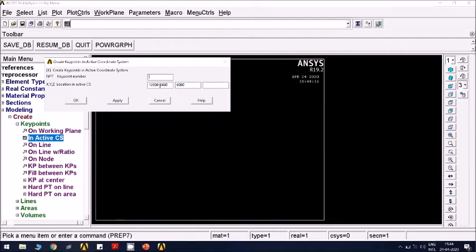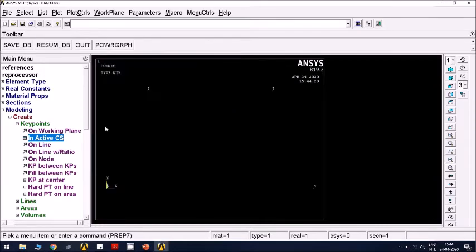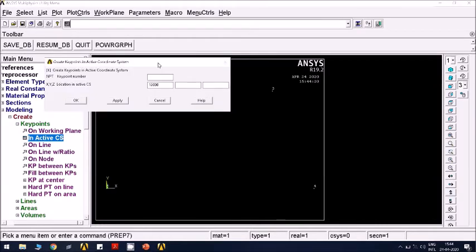Apply. Next 12,000, 0. 4 key points are placed.